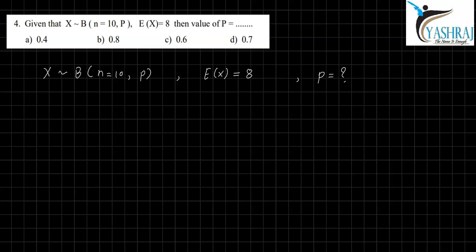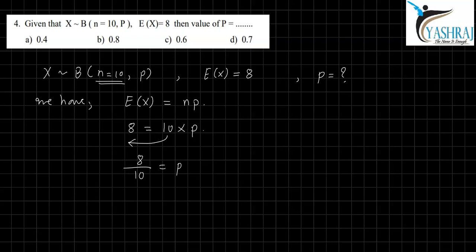So for that we have the formula for finding the expected mean of random variable capital X, which is given by n into p, where expected mean we have 8, n value we have 10, and we might get now the p value after shifting 10 from RHS to LHS. It is a multiplier, on shifting it becomes a divisor. So therefore we have the p value becomes 8 divided by 10 gives us 0.8, and which is our choice code B.